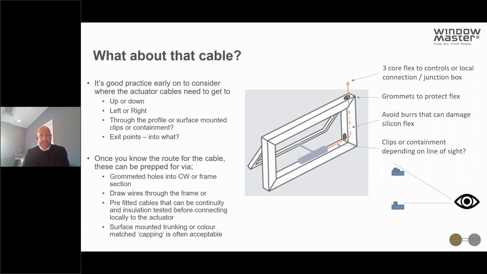So again, a little bit of caution needs to be used by protecting those actuators and the flex as far as possible. And then in terms of containment for the cables on the windows, depending on the line of sight, so for higher level windows,